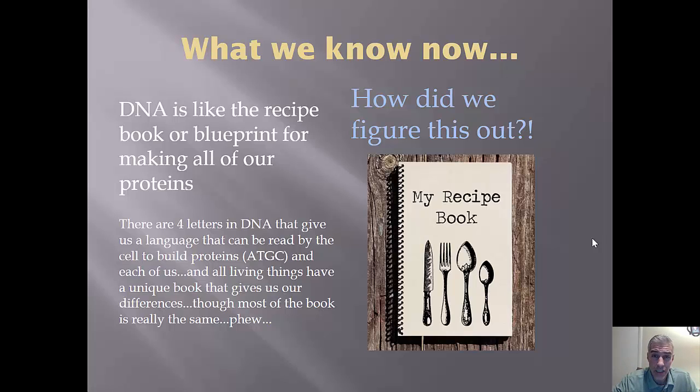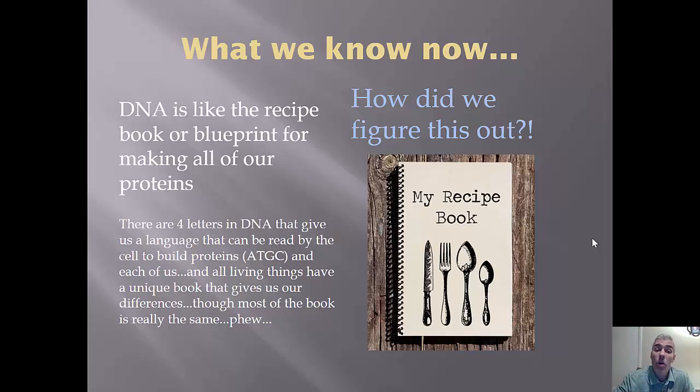And the 4 letters of DNA, or the bases, the adenine, thymine, guanine, and cytosine, A, T, G, and C, depending on their order that they're present within the molecule, you can create different words. And those words correspond to specific amino acids. So it allows for the cell, or the ribosome, which is the thing that assembles proteins, to put these amino acids in the order that is dictated by the DNA.